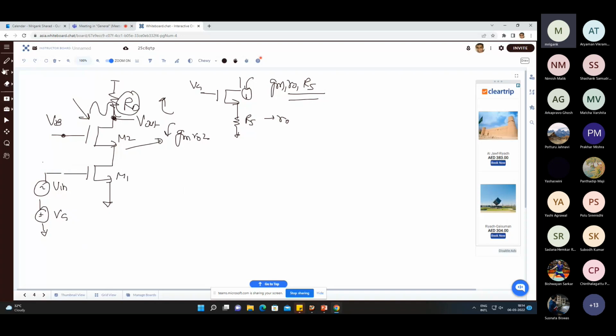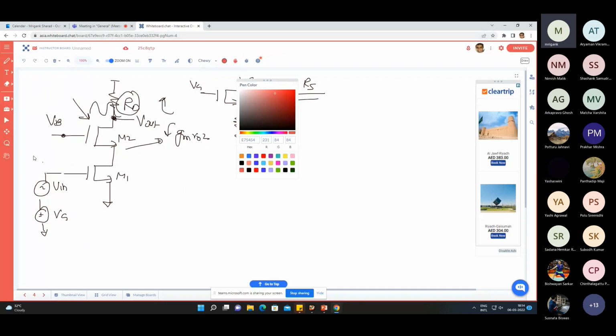Yeah, so if I put a small signal voltage at the gate, what is the corresponding small signal at the output? For that, we need to find out what is the small signal ID. Because of the small signal VG, what is the small signal ID? That means, what is the small signal provided by this circuit,